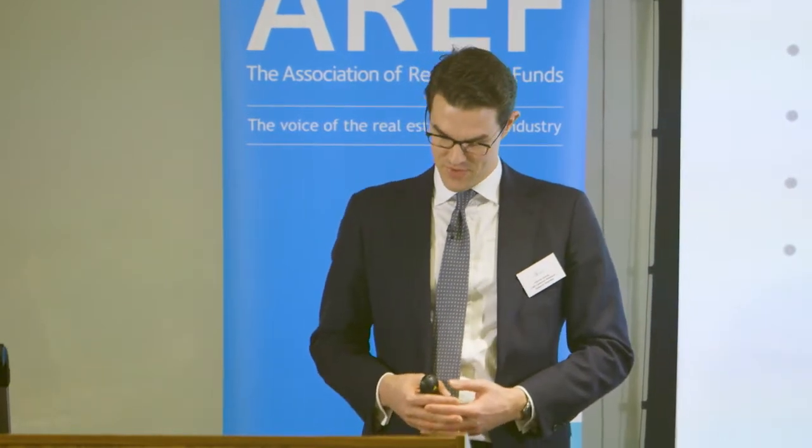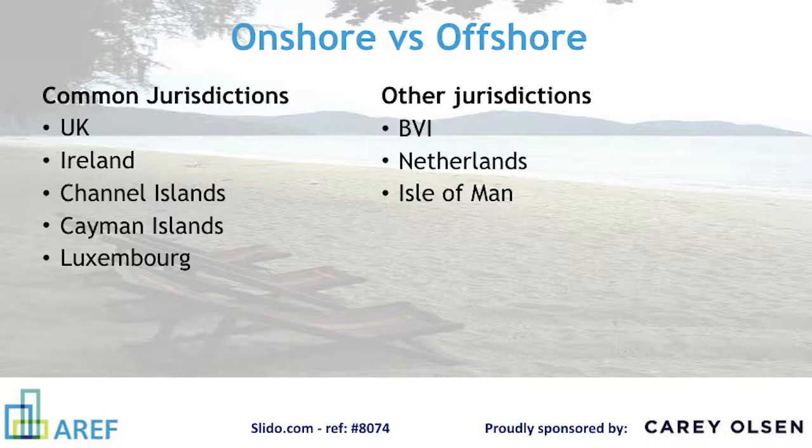So looking at some of the jurisdictions up there, the UK is a primary example of an onshore jurisdiction. You might say France and Germany are other examples, whereas your classic offshore jurisdictions are places like BVI, Cayman Islands, and Channel Islands. There are then some jurisdictions which are potentially viewed either way and halfway houses, places like Ireland and to an extent Luxembourg.